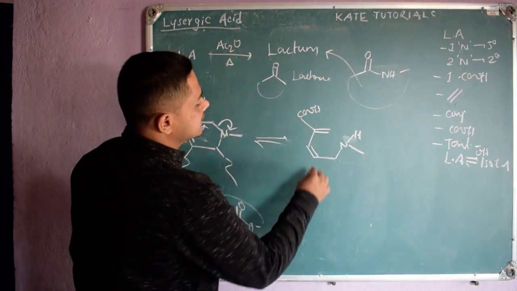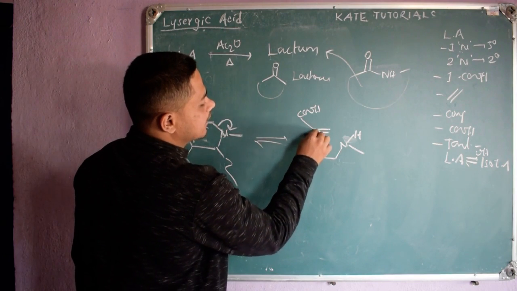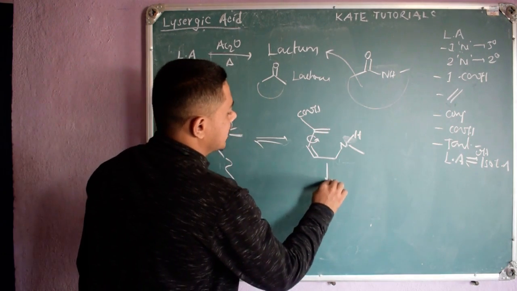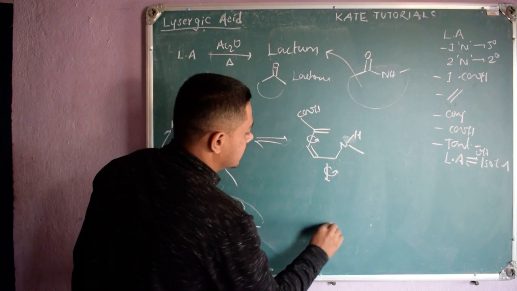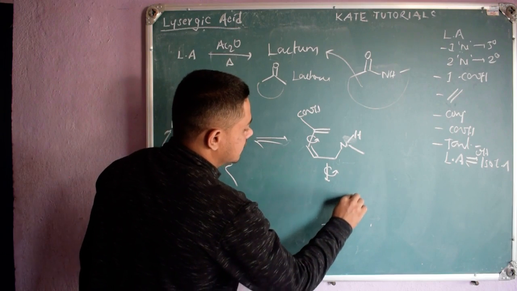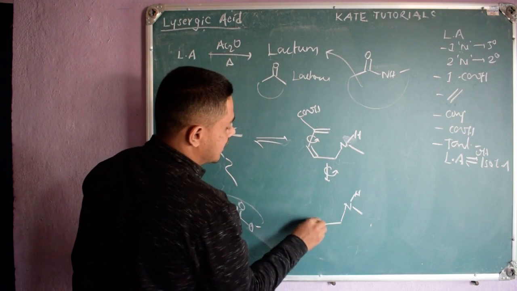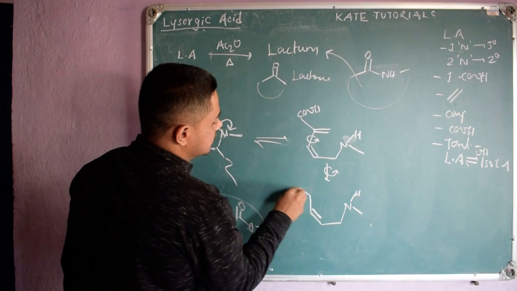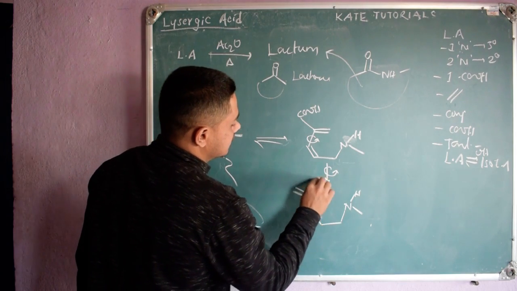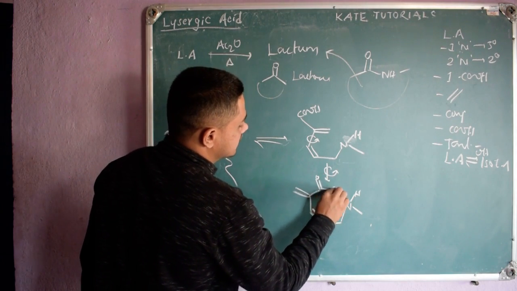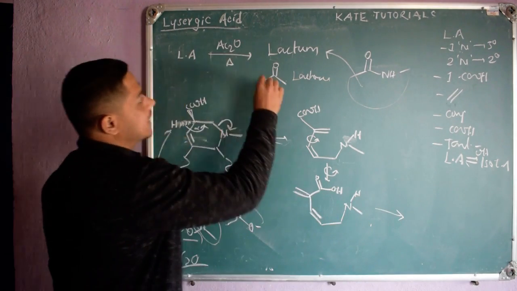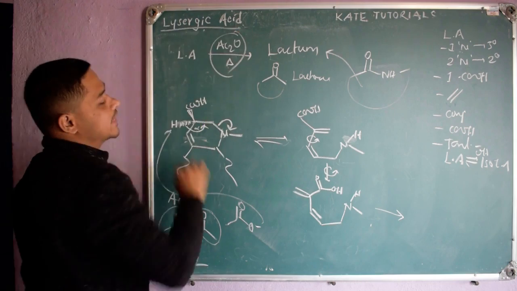Further, what happens? See, this is a carbon-carbon single bond, so it can rotate. If I rotate this carbon-carbon single bond, what will I get? I will get this thing. See here, N, H, CH3, and I have a double bond here, single bond. Now this double bond goes here and I will get COOH here, right? So this reaction, I am heating in the presence of acetic acid,